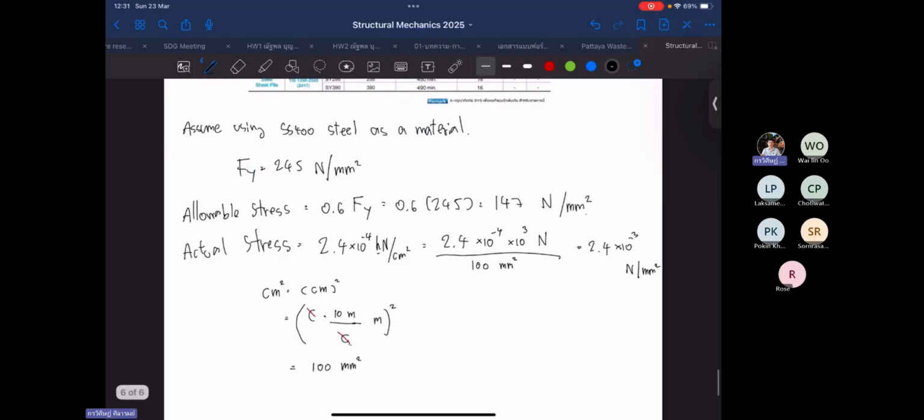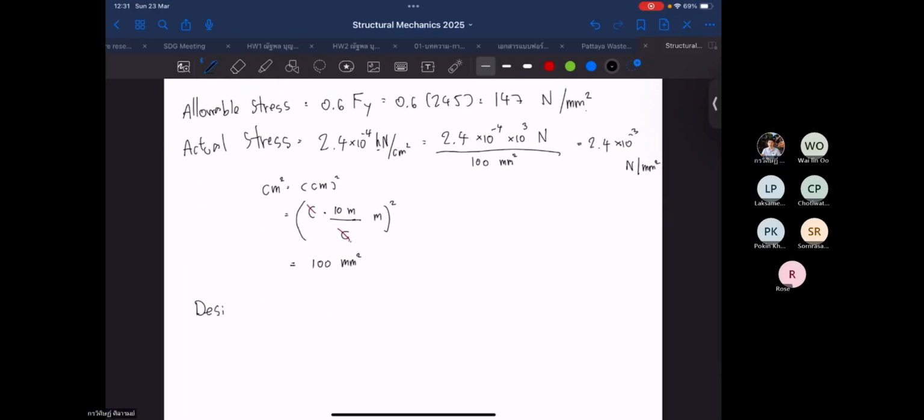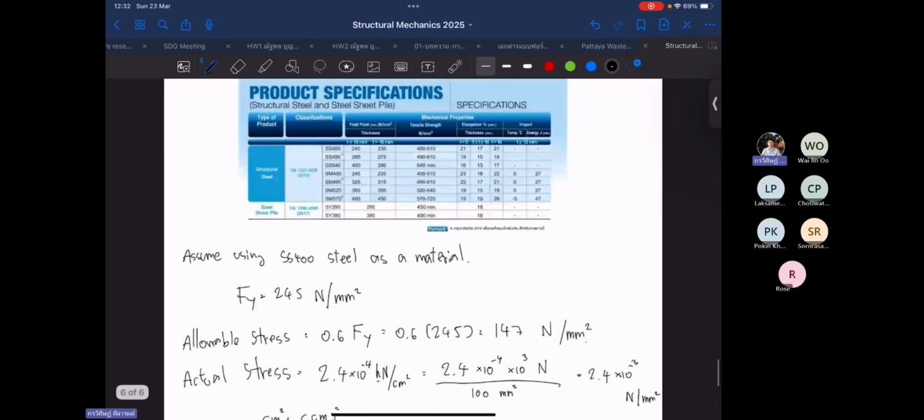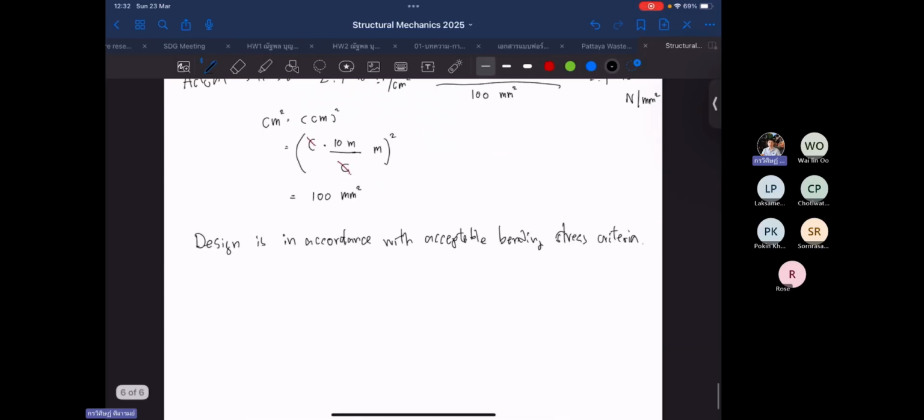Like this is the way we design. So the design is acceptable. The design is in accordance with acceptable bending stress criteria. Like this. Okay, and another thing is that there is not only the bending stress, there is also the